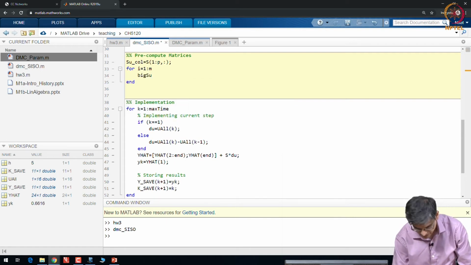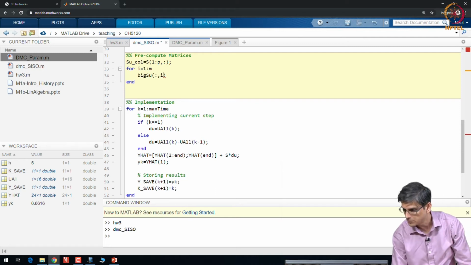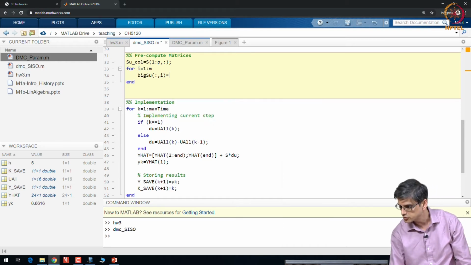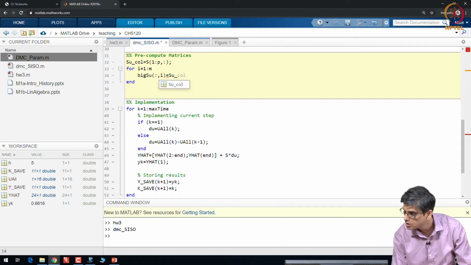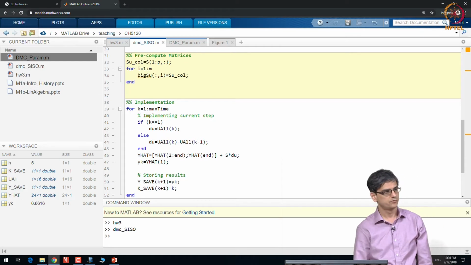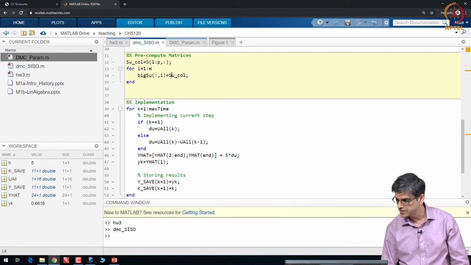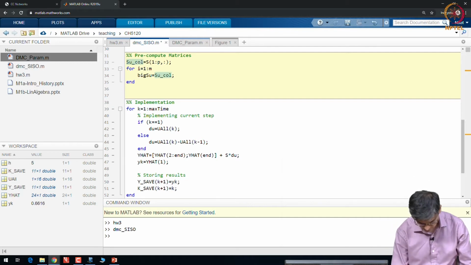I will call this big SU, all rows, comma, ith column, is going to be equal to SU call. This is for SISO. If you have multiple inputs, it might be better to horizontally concatenate it.